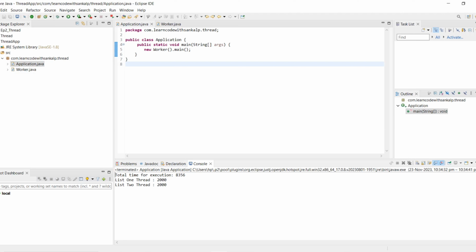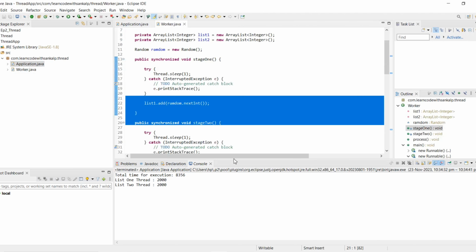Then what do we have to do here? We have to add a simple lock inside our application.